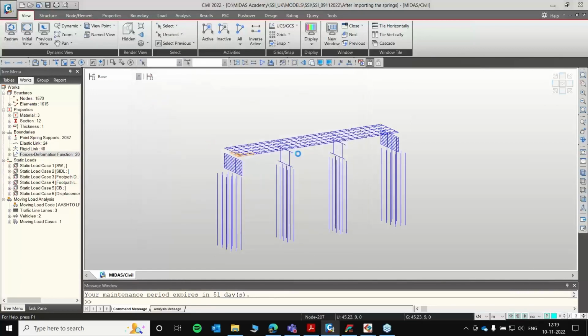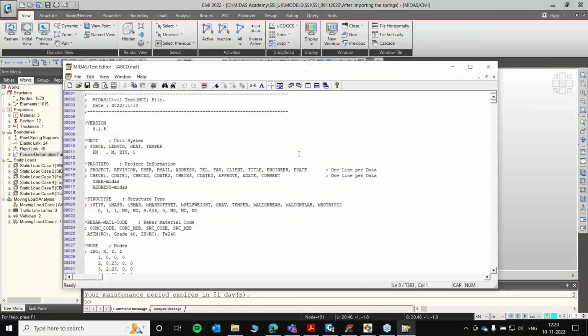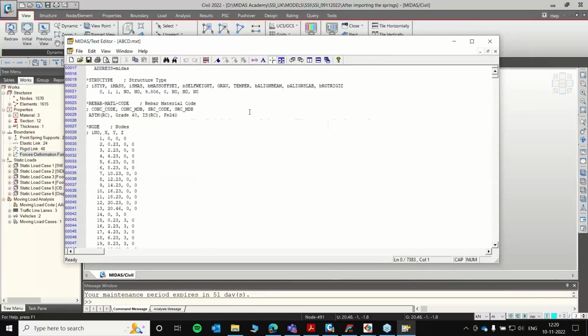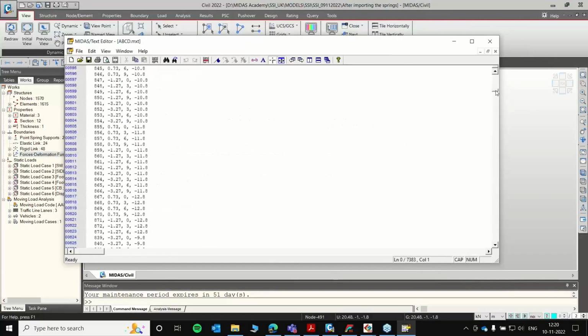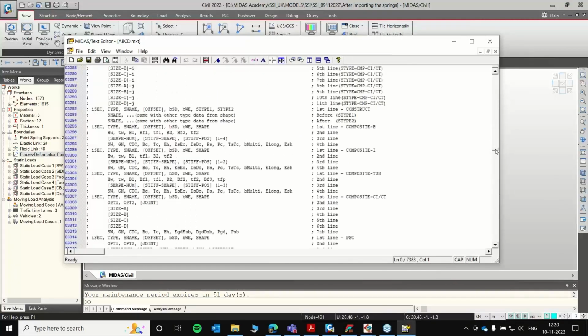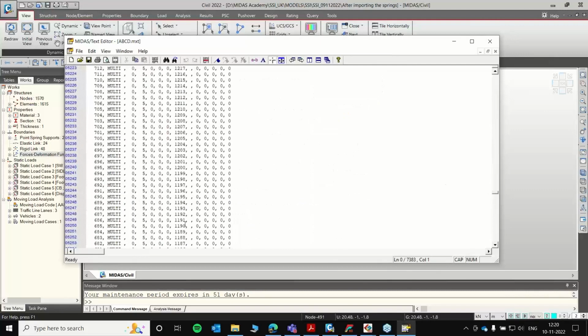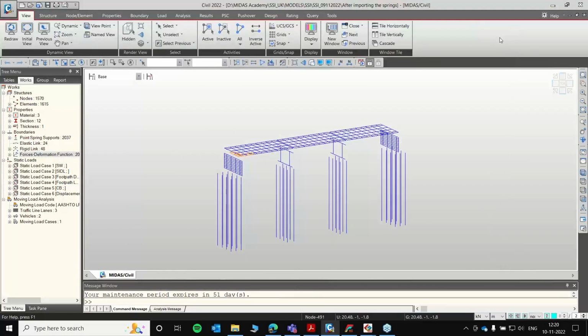Save. It takes a couple of seconds for Civil to convert that. You'll also get a generated text file like this, with the nodal locations and all the beam element forces, along with the nodal locations for each of the applicable nodes where the force is being applied. So that's all for the civil part.